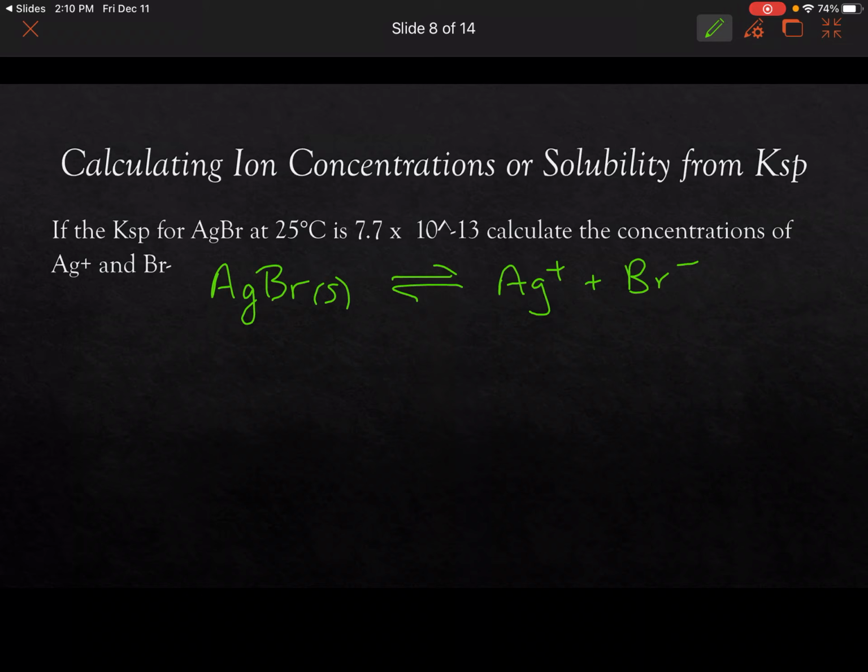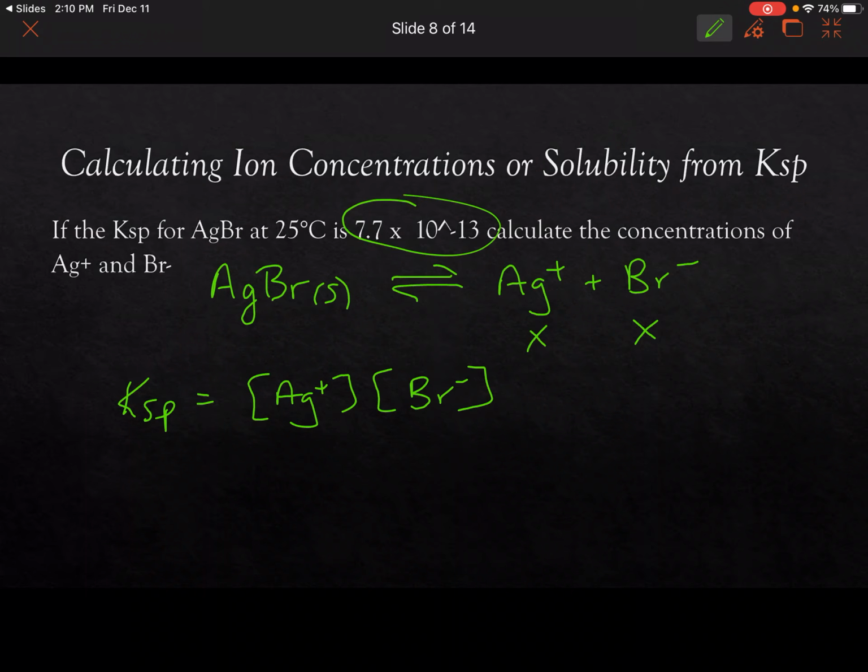Now it tells me what the concentration is, but let's let X equal the concentrations of Ag+ and Br-. And I know that they're both just X because it's a 1-to-1 ratio. When I'm looking at the forward reaction here, they're going to dissociate all in a 1-to-1 ratio. So the KSP